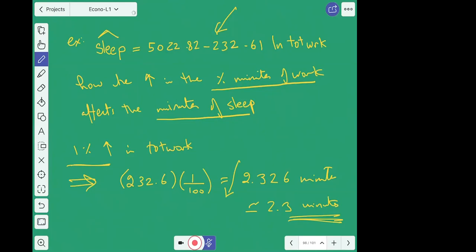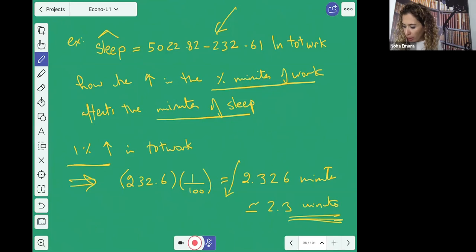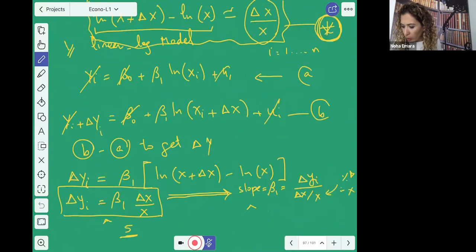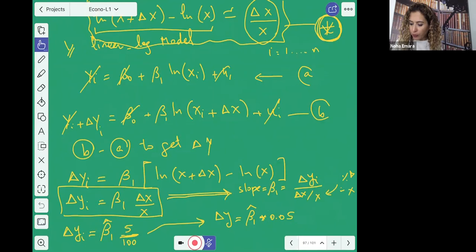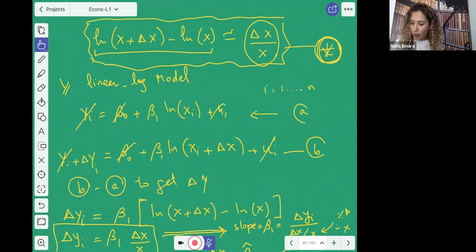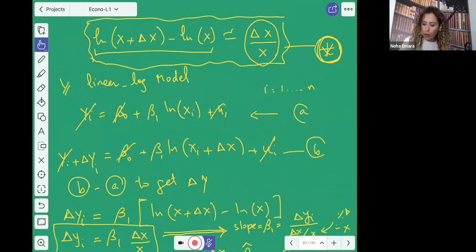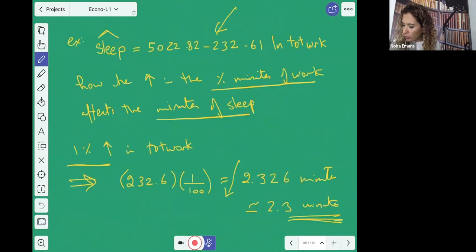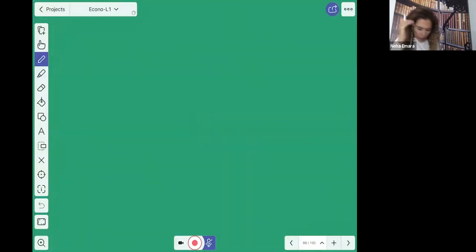Okay. Now let's go to the next model. And again, I want you to remember that we will still keep our formula, the star formula, okay? So this star formula is very important because we are going to use it in each and every model we are referring to. So let's go to the next. So number 2,